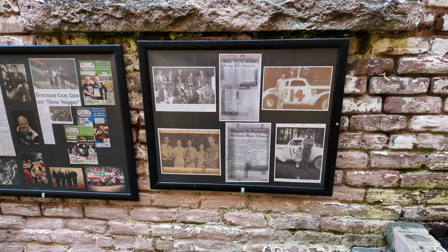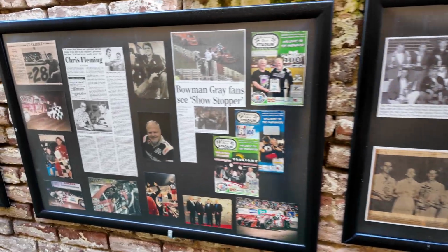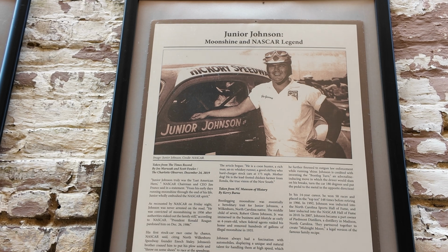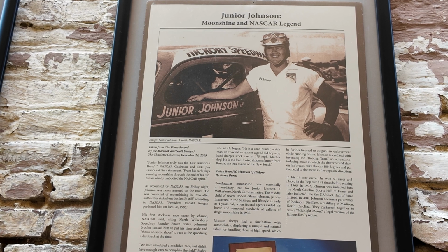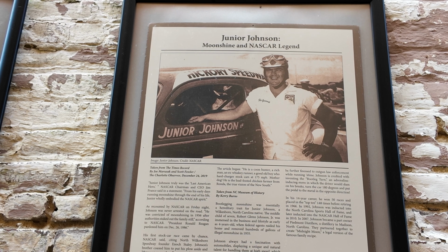And they got some photos from way back when. Yeah, this is really cool stuff. I think you guys might know that gentleman, Junior Johnson. Actually, I did a video about Junior about a year ago about some of the history of his race